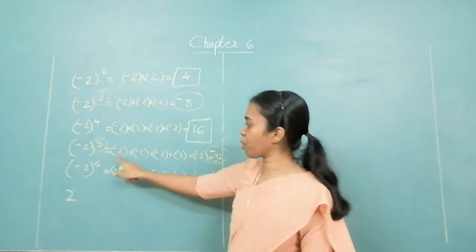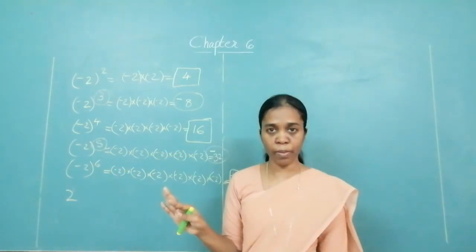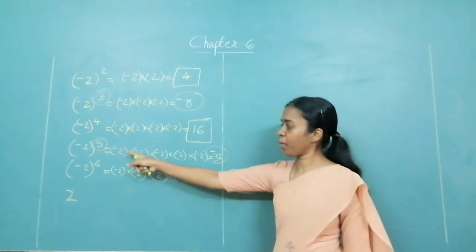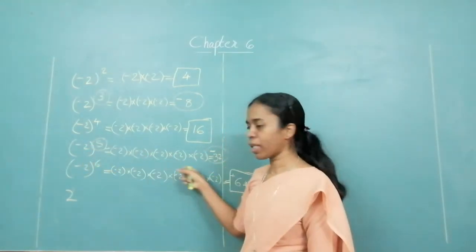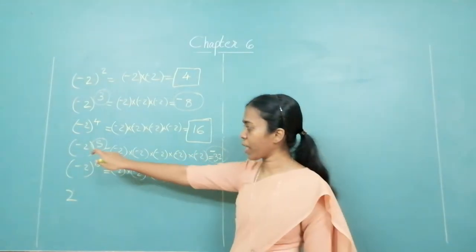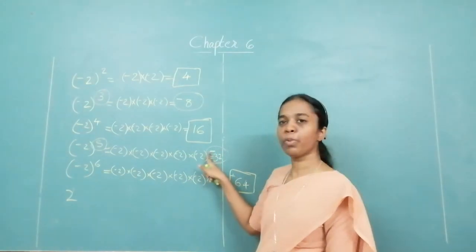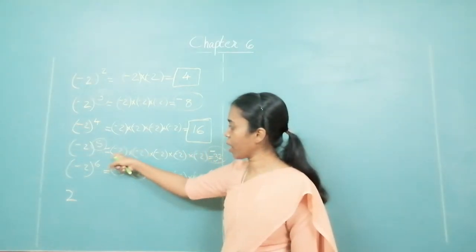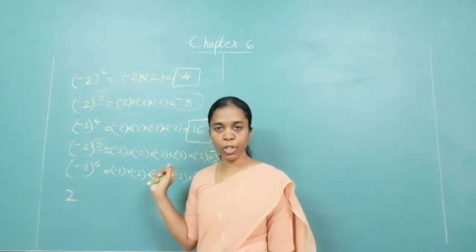So you don't get confused with minus into minus, then minus, then minus. Don't look at it. Okay? You can directly write. You don't have to multiply the minus. So when you have minus 2 raised to 5, you write the multiplication form and you know that the index is 5. So your answer will be negative. So directly put the negative sign over here. Then you only multiply the digits over there, get the answer. Is that clear to you?